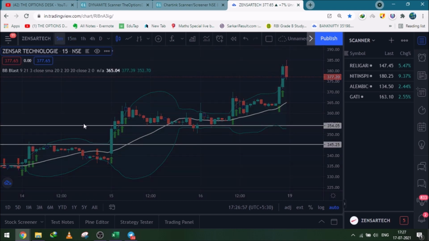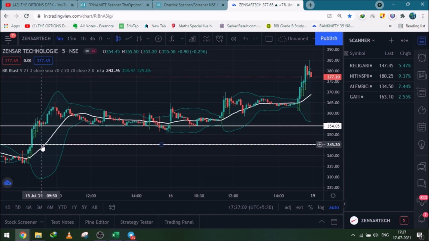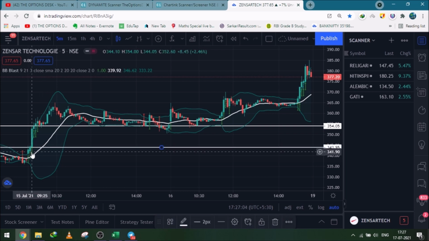That is, let me show you. Just a moment. See, that was the candlestick low. This was the first. That is the last candlestick low. That is the 9:25 candlestick, and the high and the low. See, the stop loss here is 10 points, but mostly it won't work, because